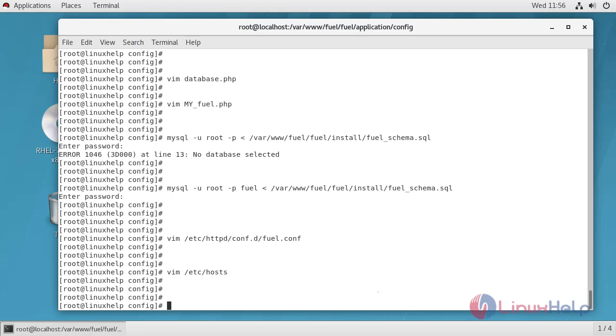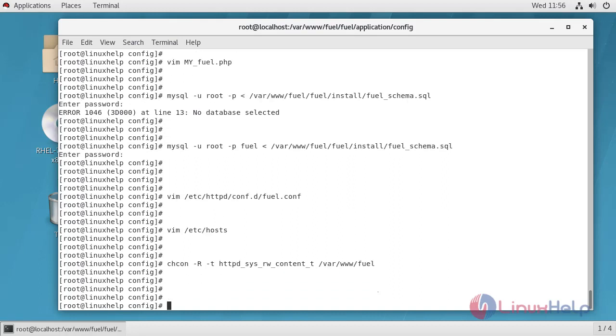Next we have to configure SELinux for fuel CMS. After this we have to change ownership and permission for fuel directory.